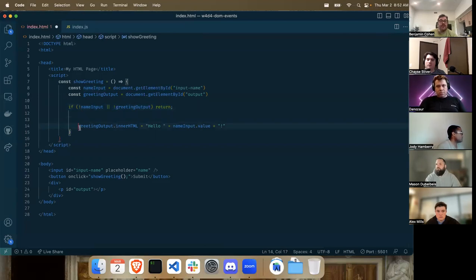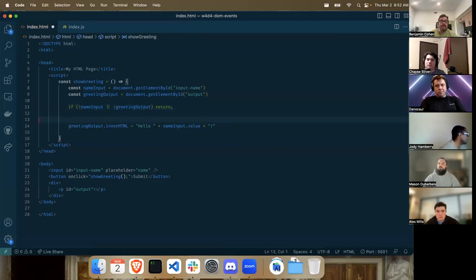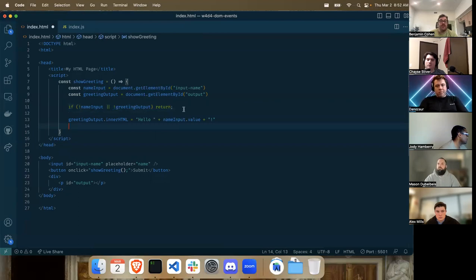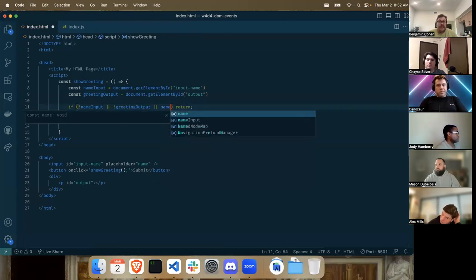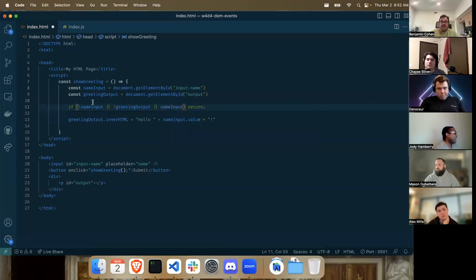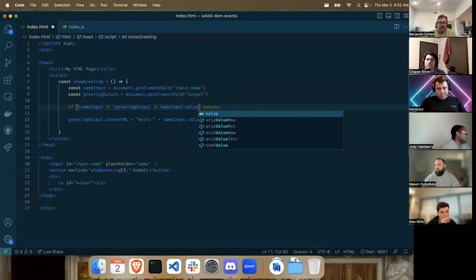And then if I'm not returning early, then I'm going to do something. And what am I going to do? Well, again, I might want to say this is also kind of a meaningless function unless name input not just exists, but has something in its value that's not empty. So I'll say also return early if name input does exist. We would only get this far if this wasn't null and this wasn't null, but I'm saying if name input's value,